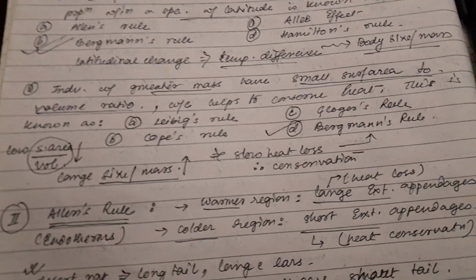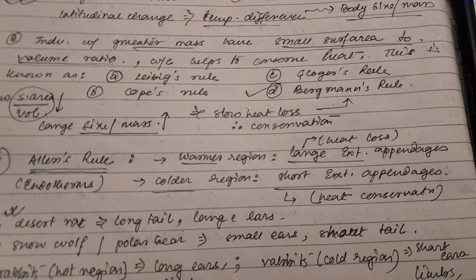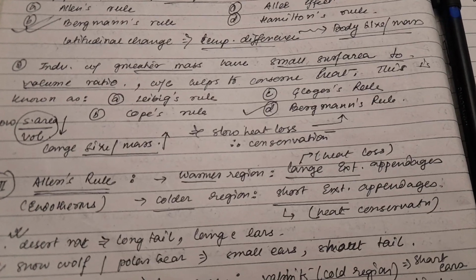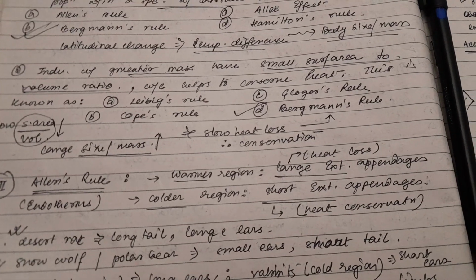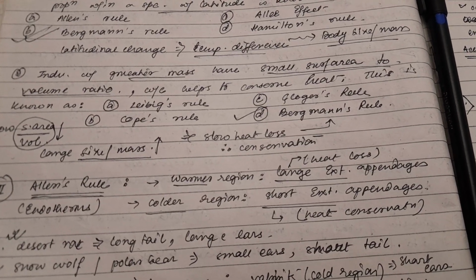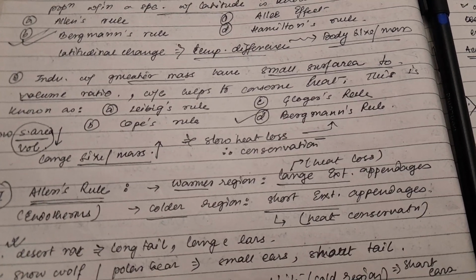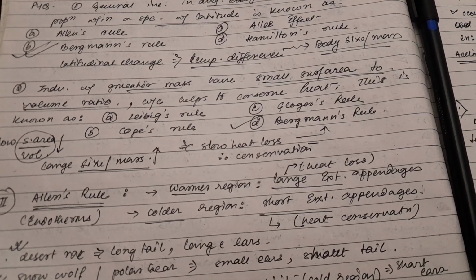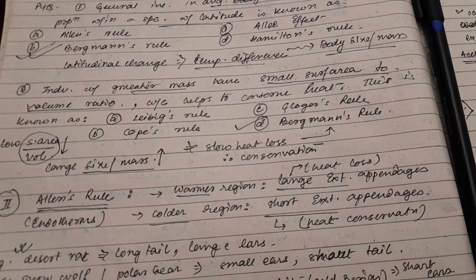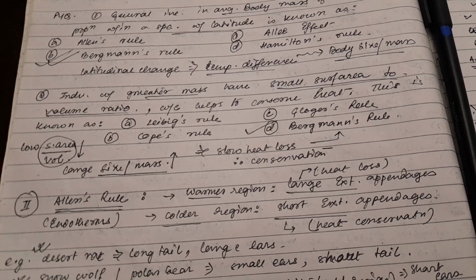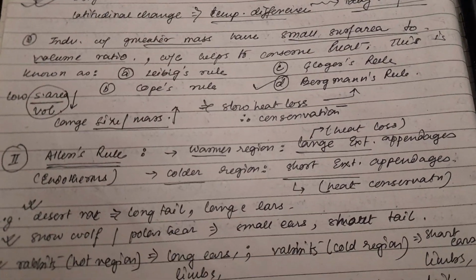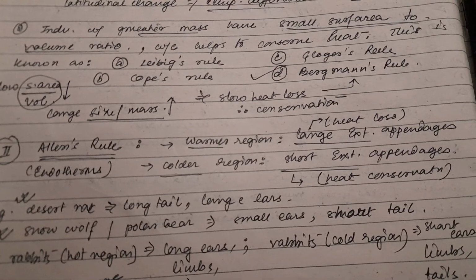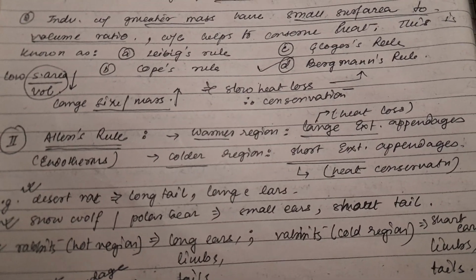Now coming to Allen's rule. What Allen has said is quite similar to, and an extension of, Bergmann's rule. Allen put forward that in warmer regions we see animals having larger external appendages. So what are external appendages? External appendages are protrusions like the ears, limbs, different kinds of flippers, and tails. In warmer regions animals have large external appendages, but in colder regions animals